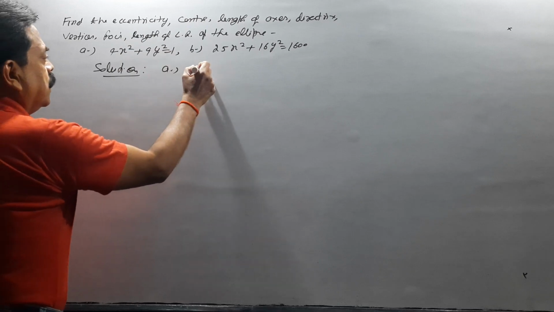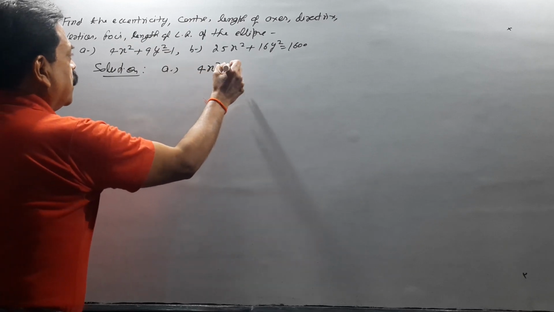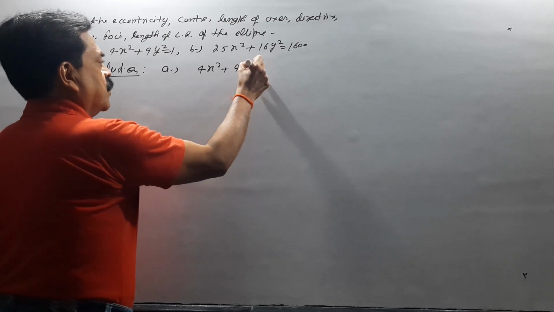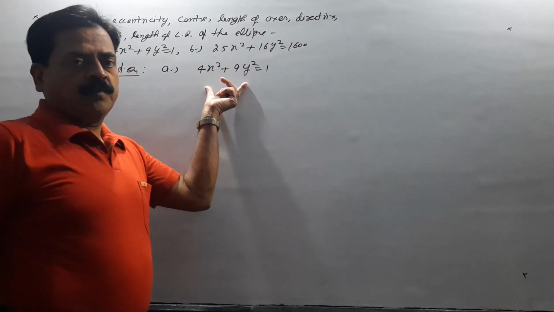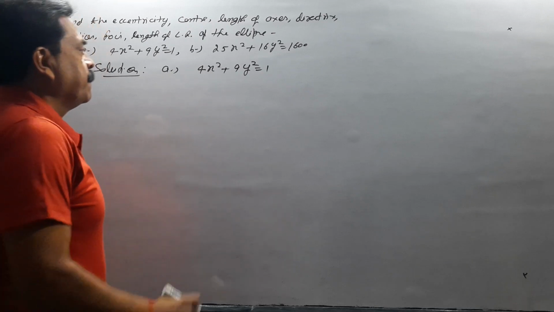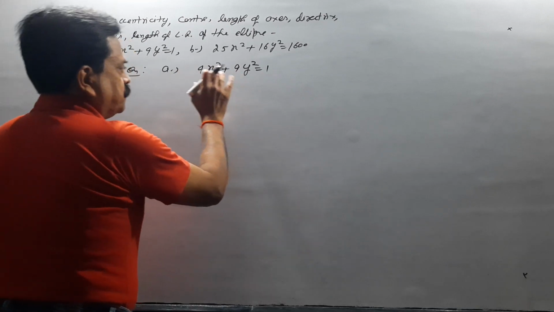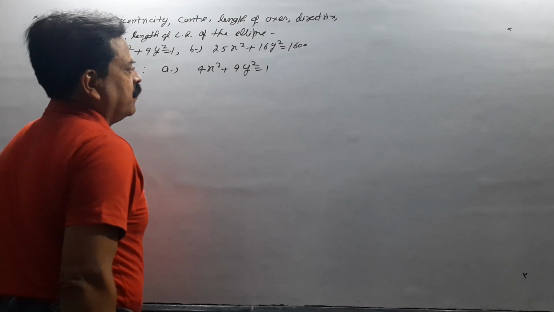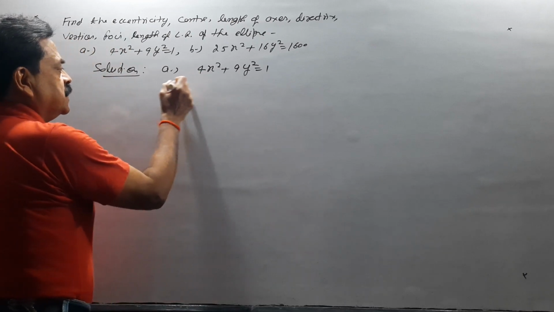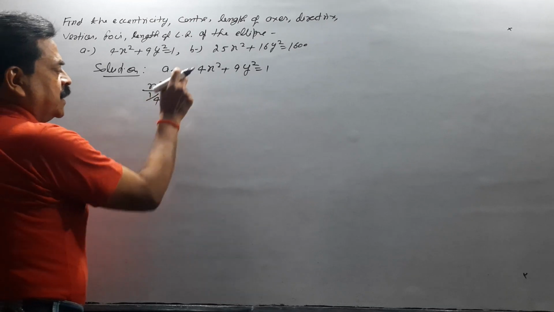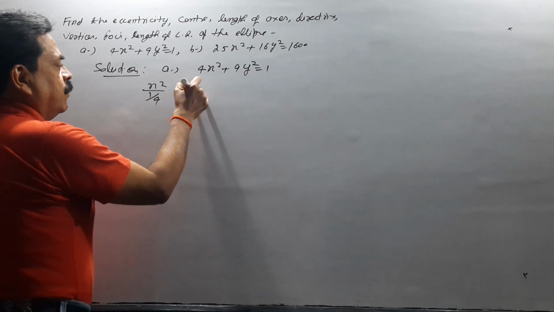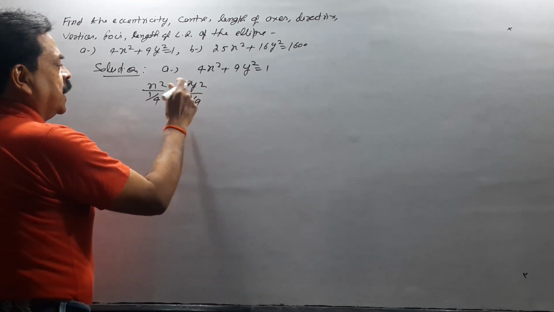part a. The equation is 4x square plus 9y square equals 1. So first write it in standard form. In standard form means eliminate the coefficients of x square and y square, and the way is x square upon 1 upon 4, bring them in the denominator, and y square upon 1 upon 9